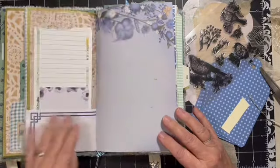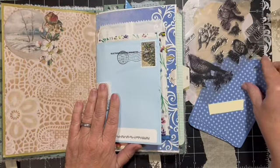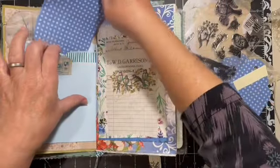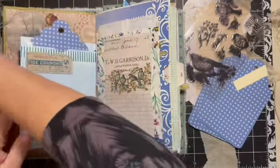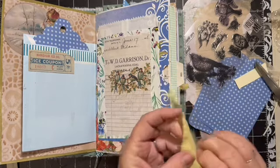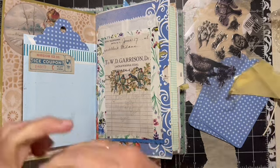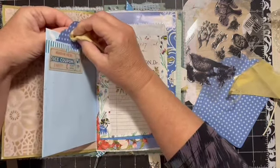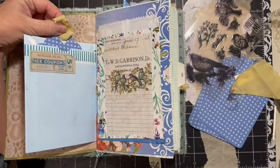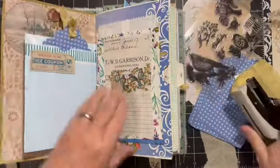So we'll keep on. And I think we need a large tag. So we're going to put one of these large tags in here, and we'll go ahead and rip a piece of this fabric that I found in my stash that I'm trying to use up, because that's what I'm trying to use stuff up with these extra journals, especially if I can use stuff in my challenge journals, because we do a challenge here on this channel each month, then I'm going to do that. But if I